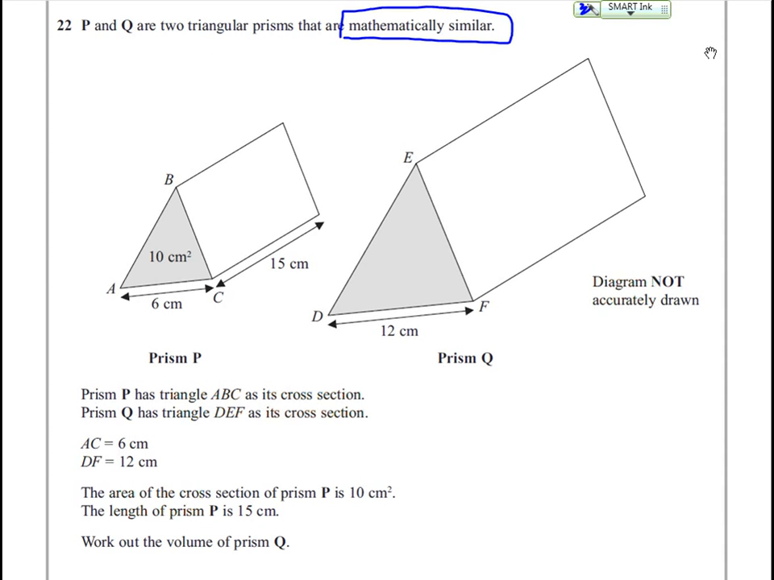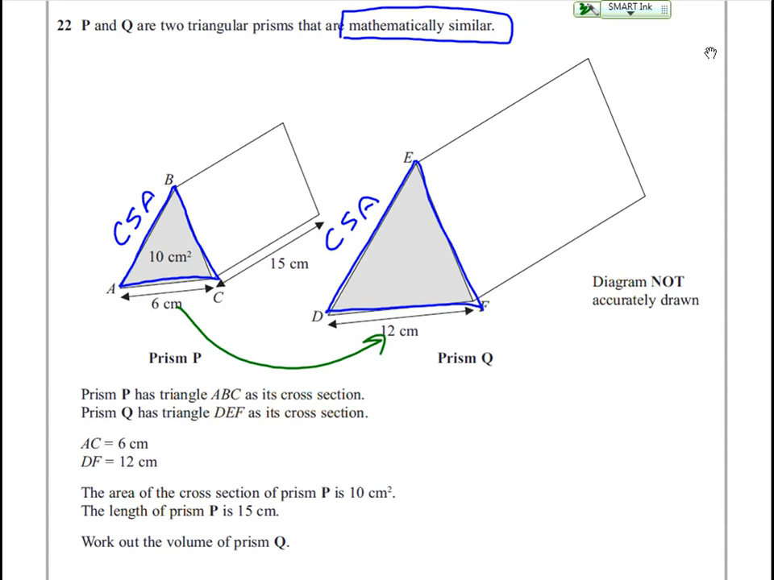So, prism P has a triangle ABC as its cross section. This is its cross sectional area, CSA. Prism Q has triangle DEF as its CSA. AC equals 6, as we can see, and DF equals 12. So on a very basic level, we've timesed by 2. But the key thing here is that it's the length. And that is very important to recognize, because a common mistake would just be to times anything by 2 to